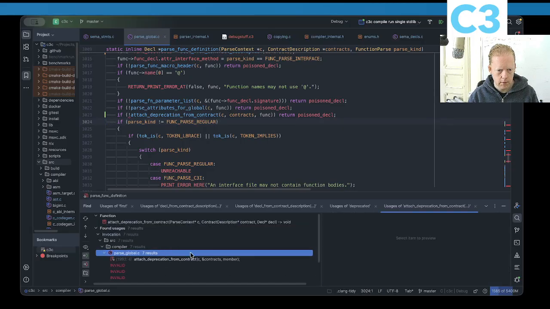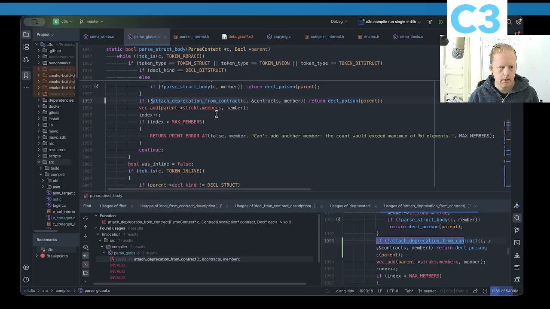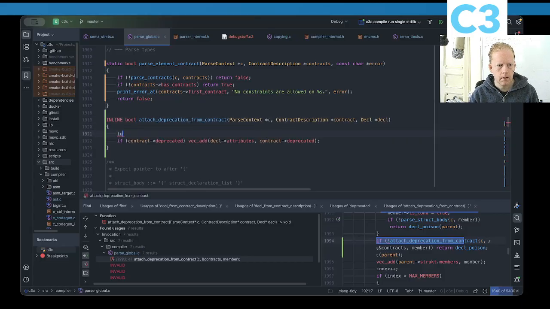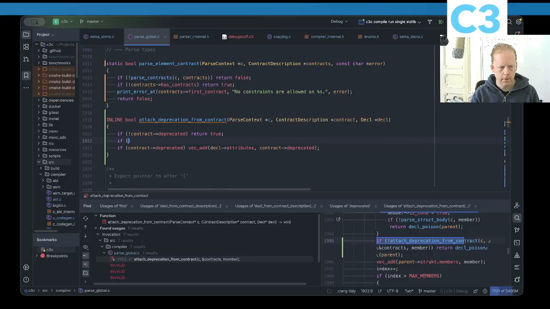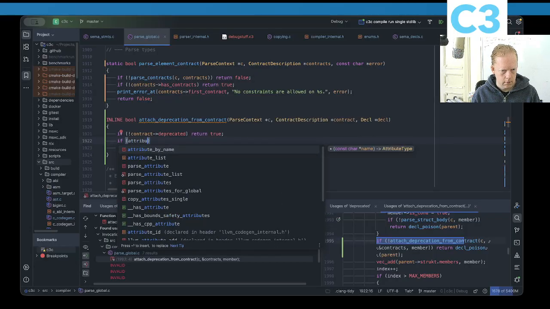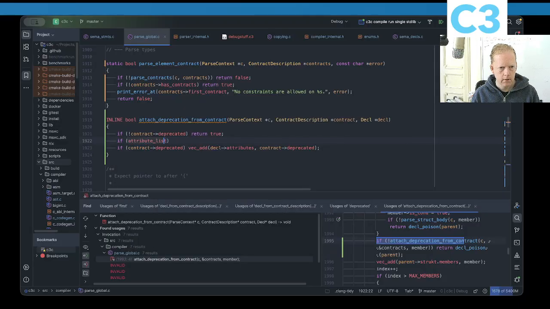Yeah. So okay, now we have this function here. It's going to return a bool because if it's not a contract deprecated, then we are fine. False. We don't return true. However, if allowed attributes list